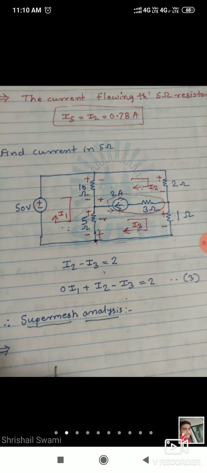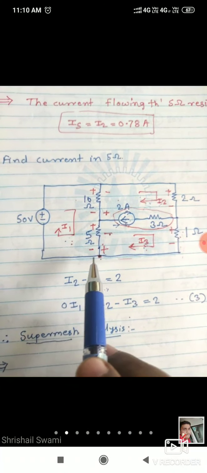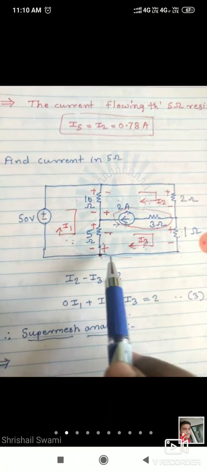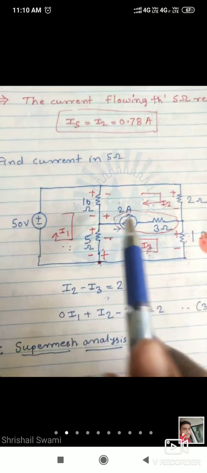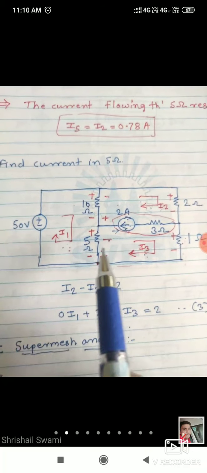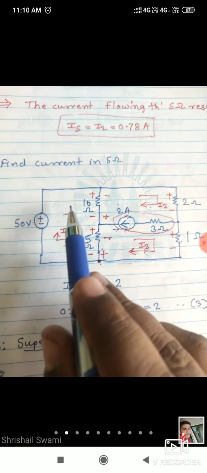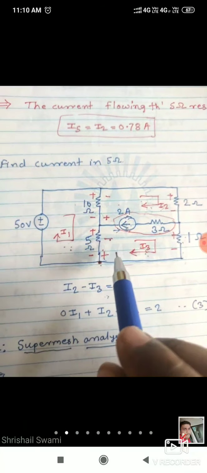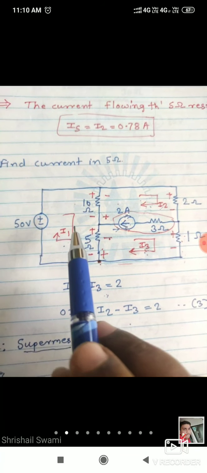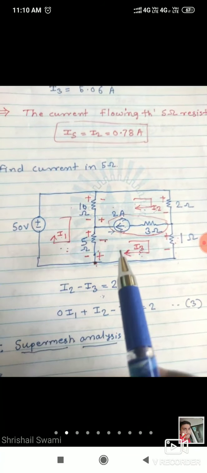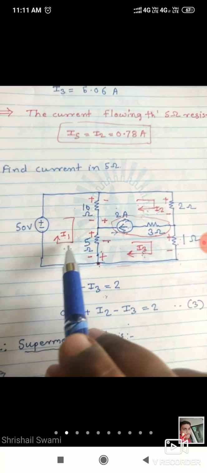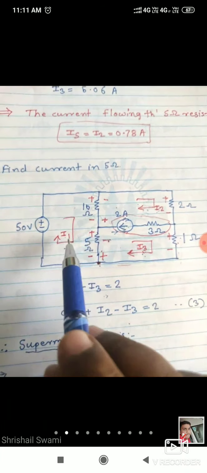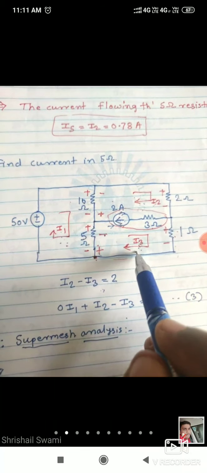So we will start to solve this problem. First of all, the first two steps I already discussed, once again I will discuss. So this is the question here. I1, I2, I3, I have marked here. They will not give it in the question itself; you have to mark. According to the first step, identify the number of meshes. I identified how many there are: one, two, three. In the first step only, mark the direction of mesh current in clockwise direction: I1, I2, I3.